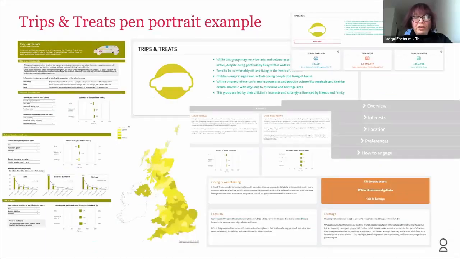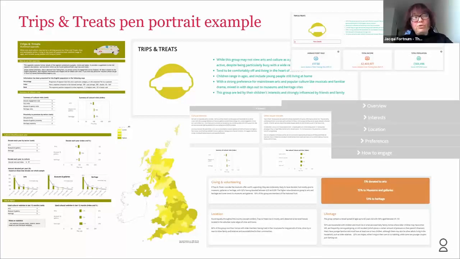And I mentioned that you can get a lot of information from the pen portraits that are available online. And this is just a snapshot really of what that information looks like. So there are many layers of information about each of the segments. And that includes their interests, including what they like to do in their leisure time outside of arts and culture. So, for some groups, they have a greater interest in gardening and DIY and things like that, for example, so